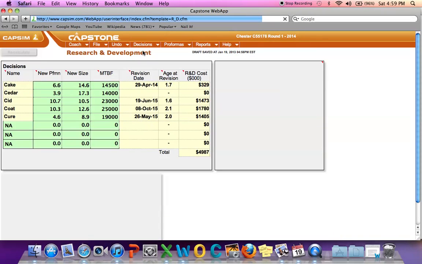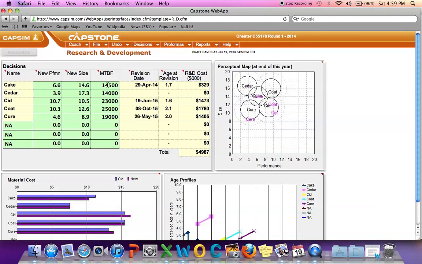There's a lot of things to keep in mind when you're going through this, but those are just a couple tools that you can use to work through your research and development. Keeping your products fresh, keeping them new so that the customer has something that he or she wants to buy and wants to use, but doing it in a manner that is in keeping with whatever strategy you choose for the simulation. So good luck on your research and